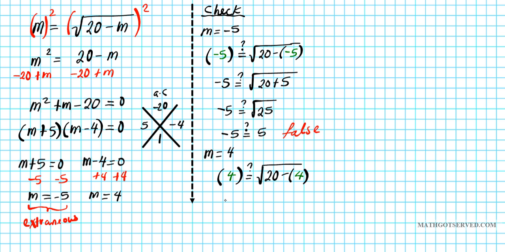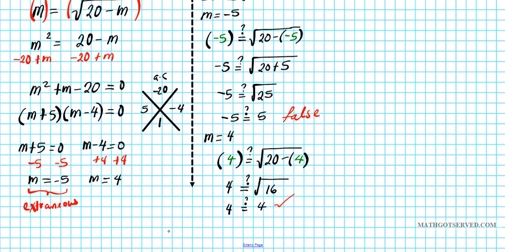The left side is already simplified, it is 4. Using order of operations on the right side, we subtract 4 from 20 and you get 16. Question: is 4 equal to the square root of 16, which is 4? Absolutely. That's correct. So our solution based on our check